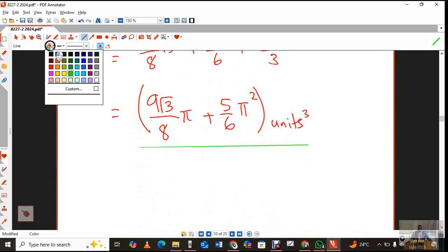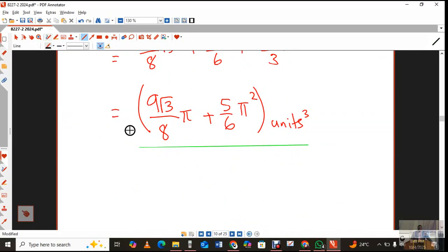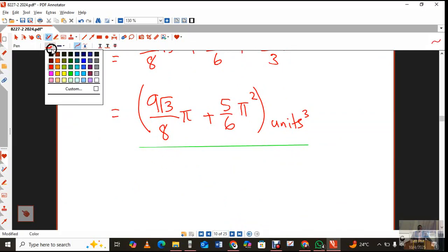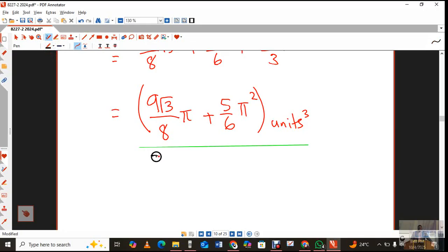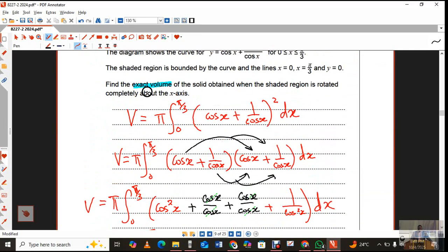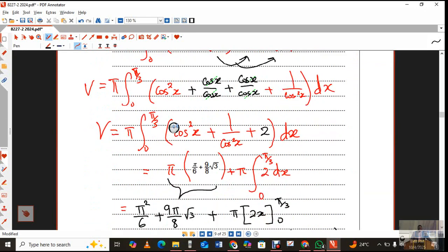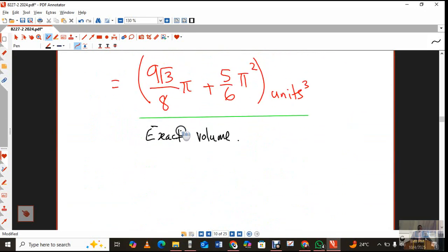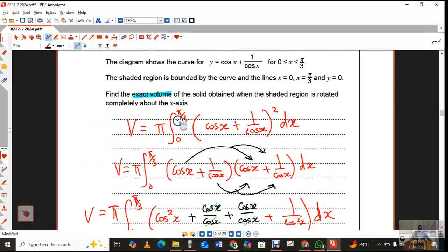No decimal values allowed. We are told that you are supposed to find the exact volume, and it's in the question, right? It's in the question. If you go, I highlighted it there, right? There we go. There's also something really interesting